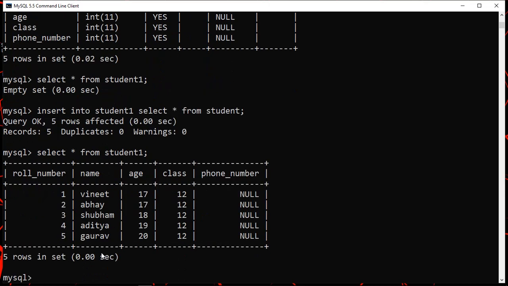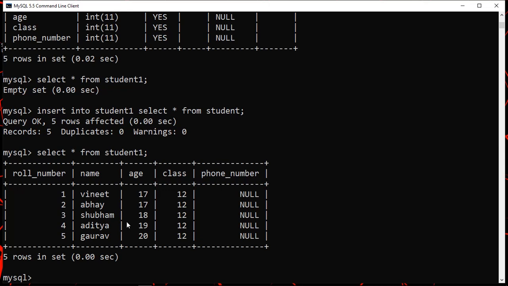Now see, you are having these particular instances. You can see that all the records from student have now been copied into the student one table. So you don't have to write the values. If you have already created them in some other table, you can directly insert them from the already created SQL table. That makes our work quite easier, and it will take less time to insert the values.